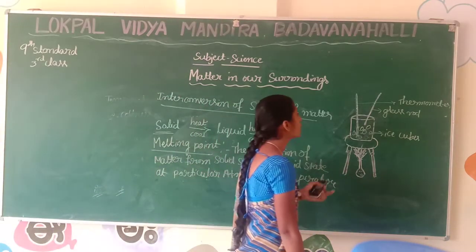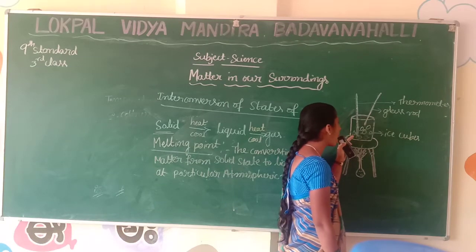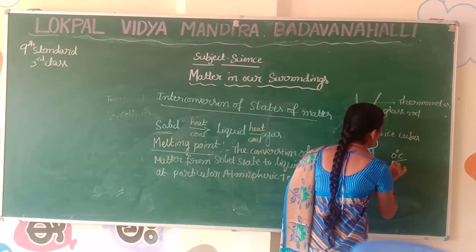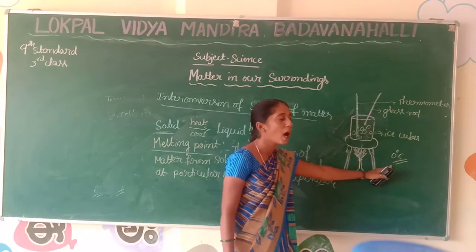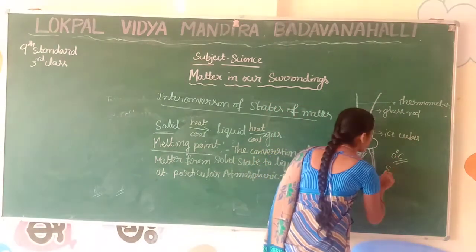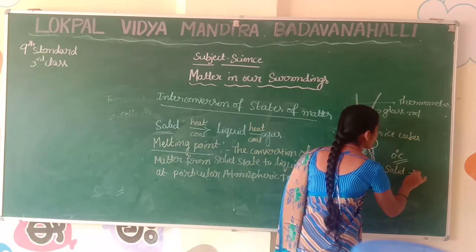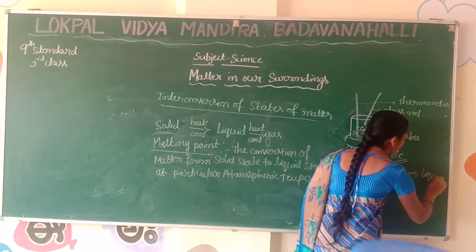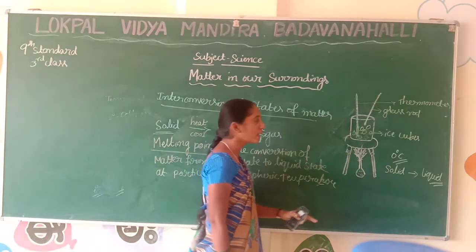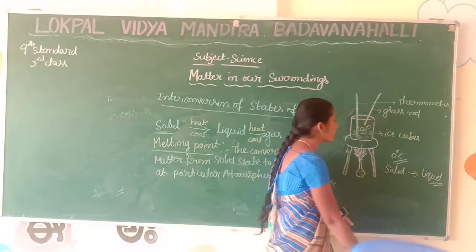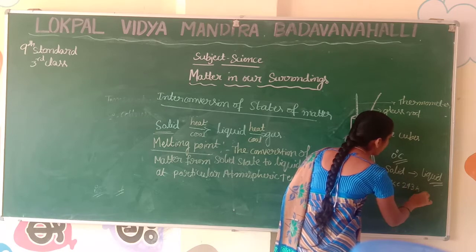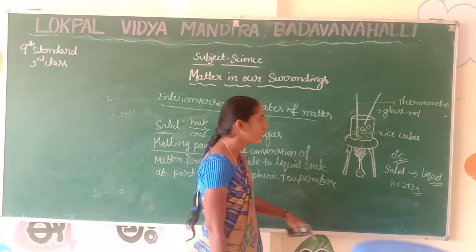At which temperature do ice cubes melt? Ice cubes melt at 0 degree Celsius. At 0 degree Celsius, the ice cubes melt into liquid form. Meaning the solid ice cubes melt into liquid form at 0 degree Celsius. In the thermometer scale, we call it 0 degree Celsius, and in the Kelvin scale we call it 273 Kelvin. Then what is the melting point of water in degree Celsius?